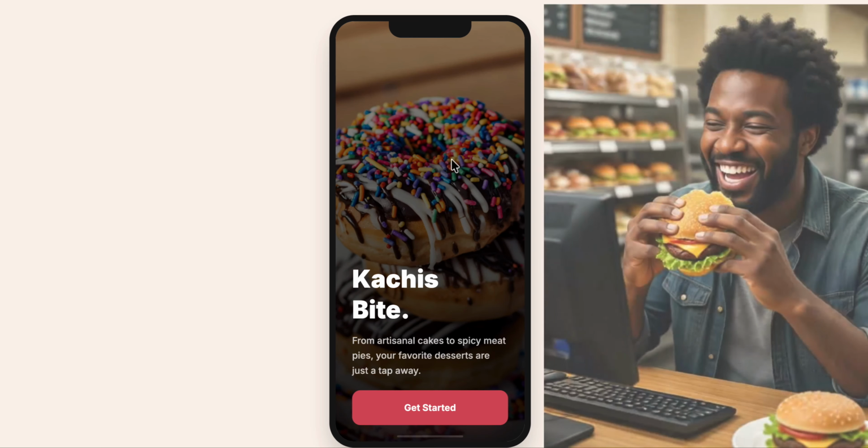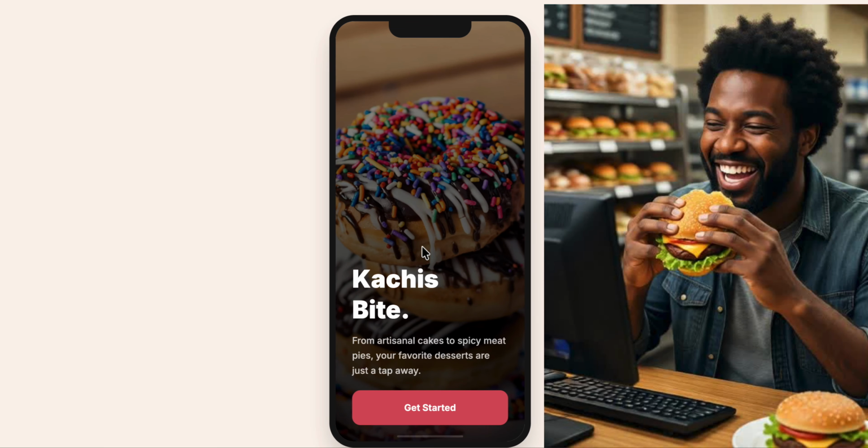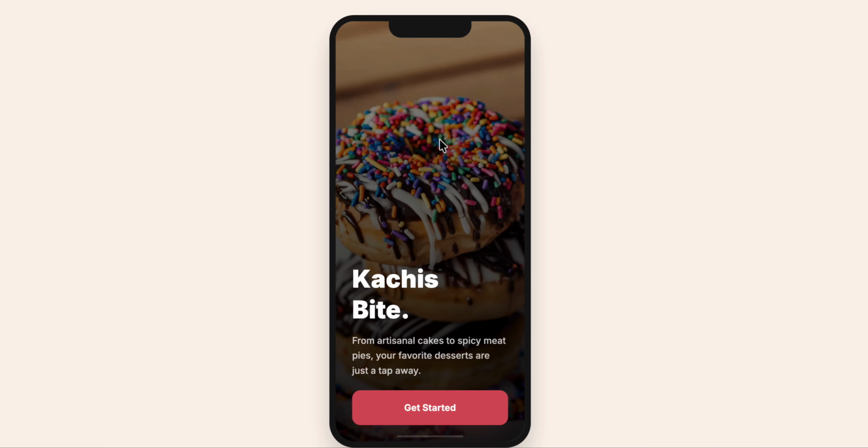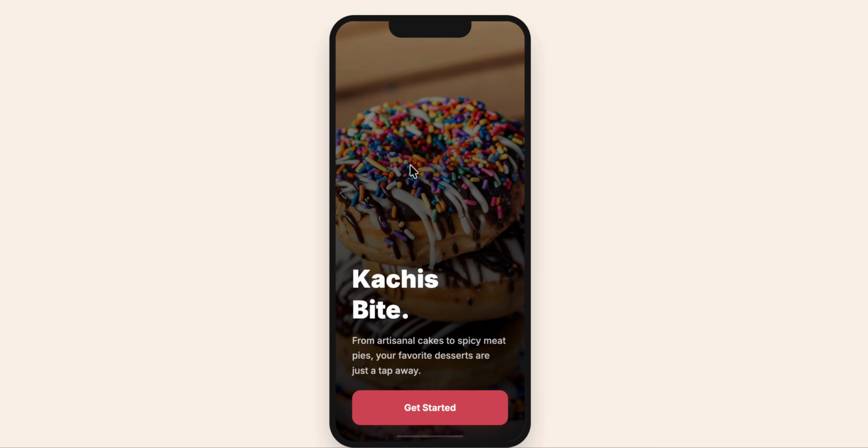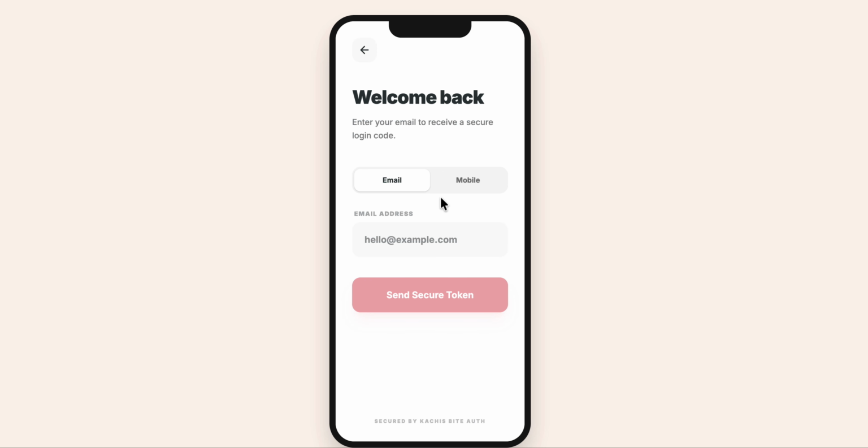It's as though you can almost smell the hamburger currently on this screen. And look at that deep teal and golden orange. The color palette visible right here makes this app feel as though it belongs to a high-end restaurant in Victoria Island, Nigeria. And when you click on Get Started, you're ushered smoothly into the authentication screens of this application where